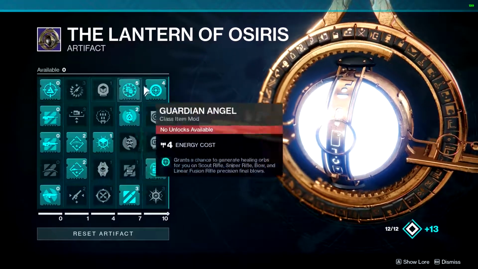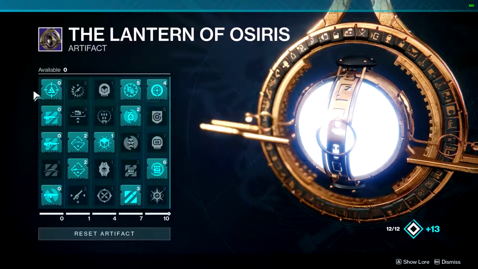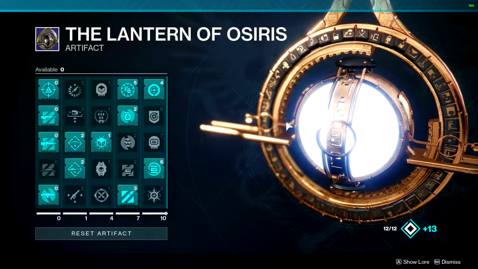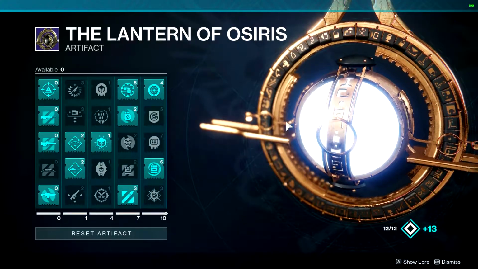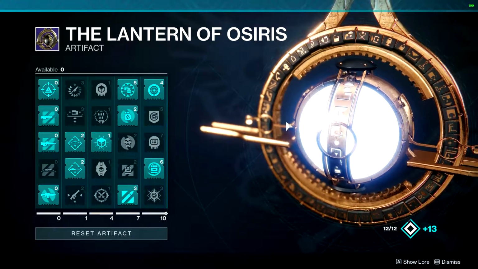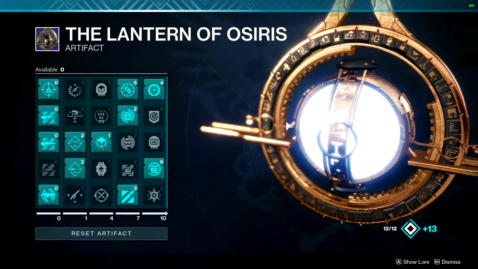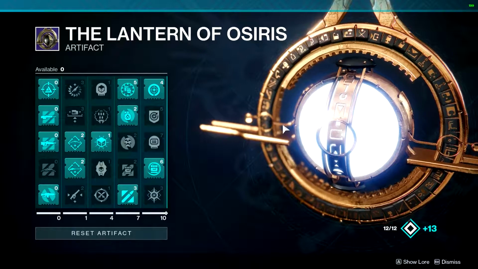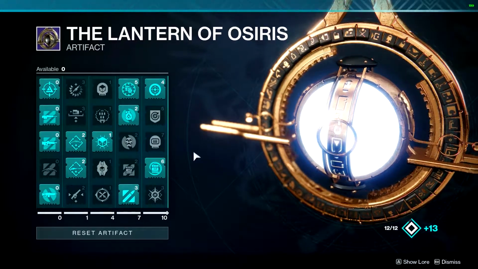So today I just want to talk about the artifact perks here and go down the list and talk about where I think they can be improved upon and where I think overall the artifact system can be improved upon going forward, because I overall do like these mods a lot, and I just want to get right into it. So,